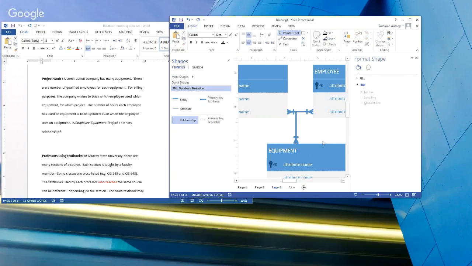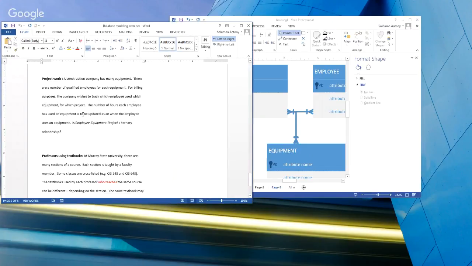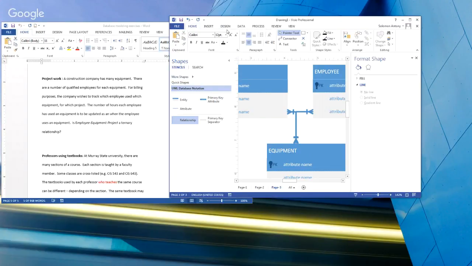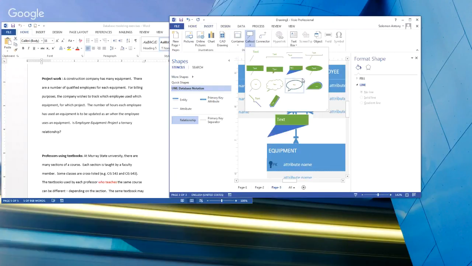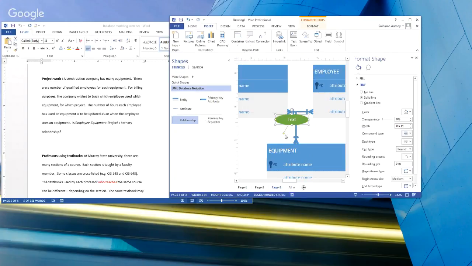All right, and then we want to keep track of the number of hours each employee used it. So we do an attribute of the relationship,